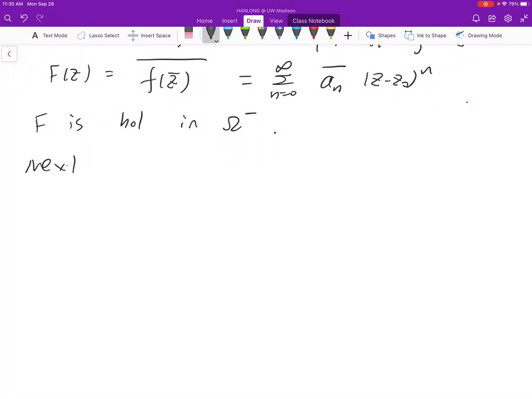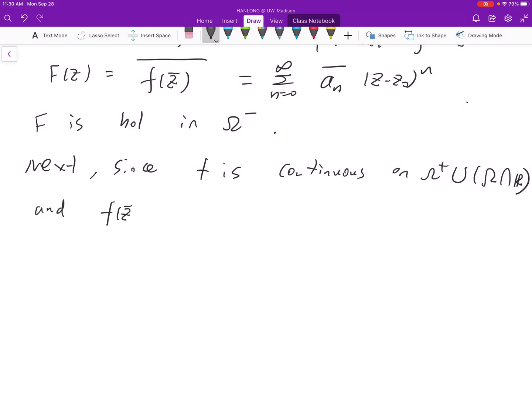Next, since f is continuous on omega bar, omega plus union omega minus union the intersection with R, and the conjugate of f(z bar) is f(z) when z is on the real number line,